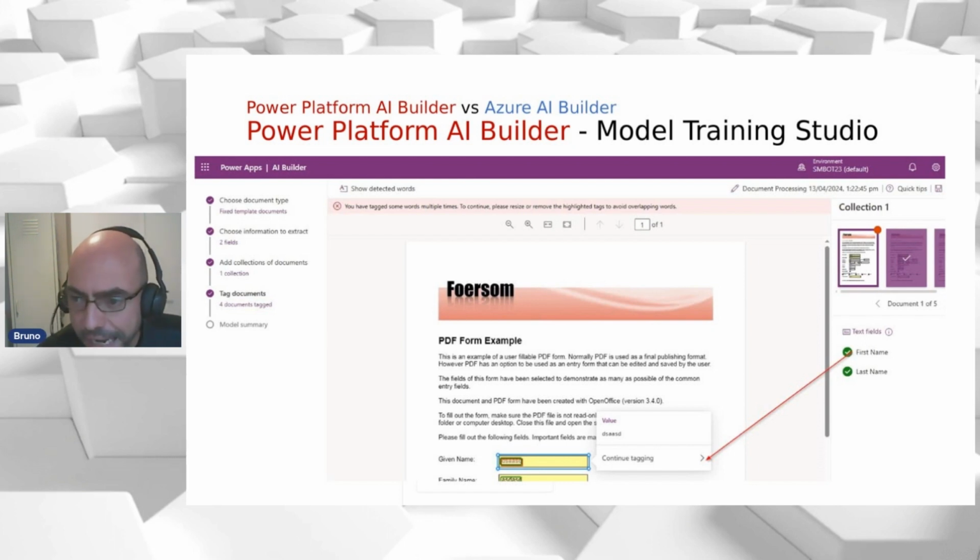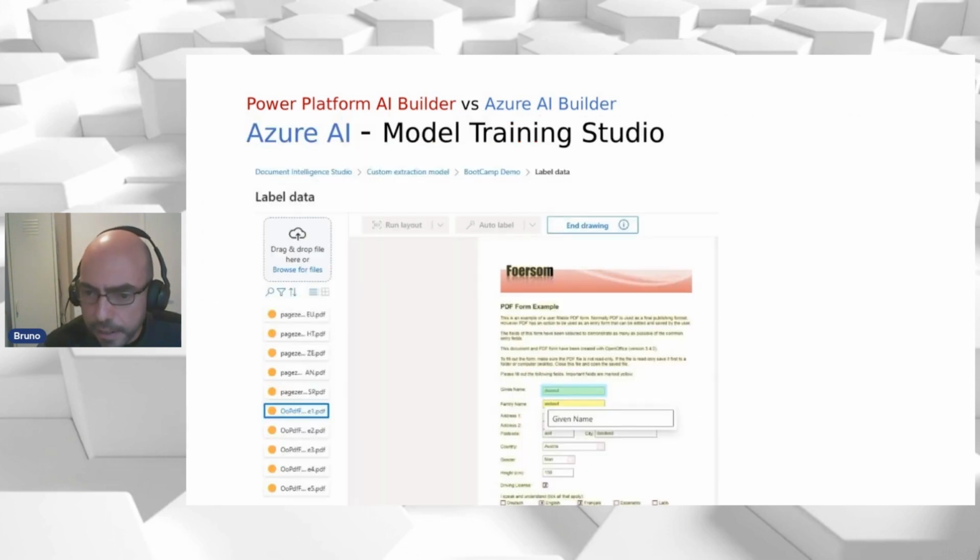If you go and look right now, this is what is there for Power Platform. I found it a little bit behind the Azure one, because you load your PDF and then you need to create the fields you want to extract, and then later you